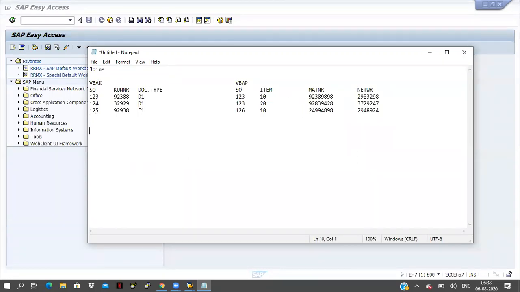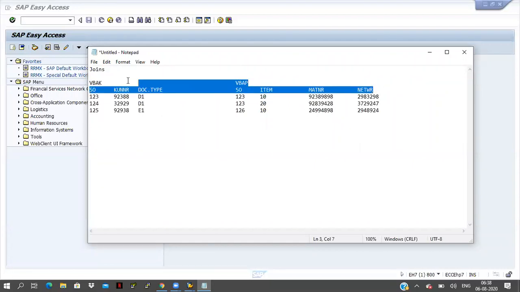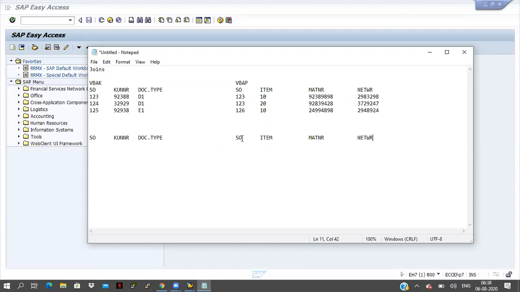So I want to display the data like this: 123, the document information, and here item number, material number, and net price, and item 20.